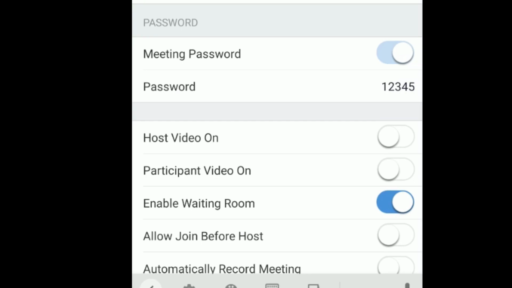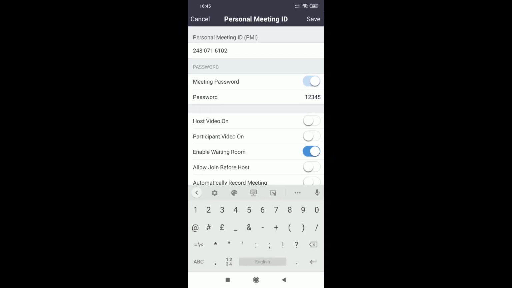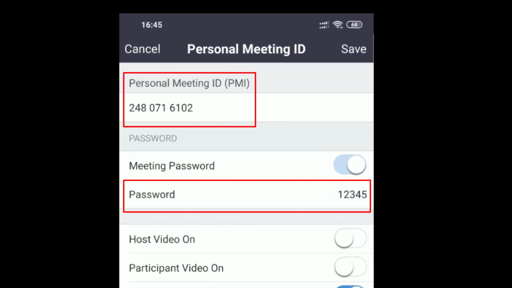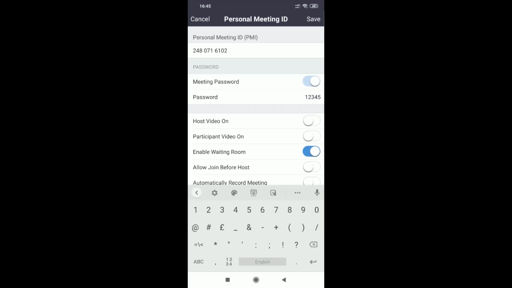You have to be very careful about your meeting ID and password, your personal meeting ID, which you can see at the top, because whenever you organize a meeting and some participants want to take part in it, they have to enter your personal meeting ID and your password 1 2 3 4 5.